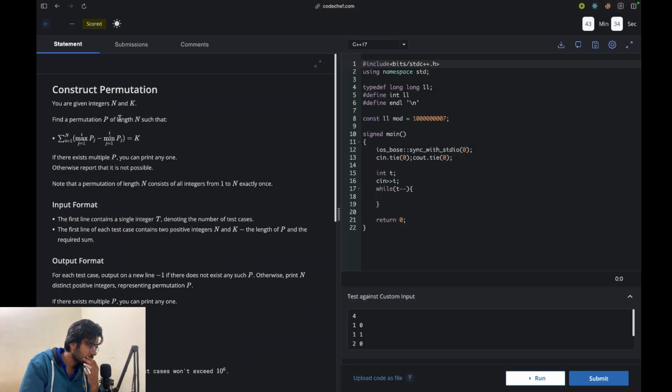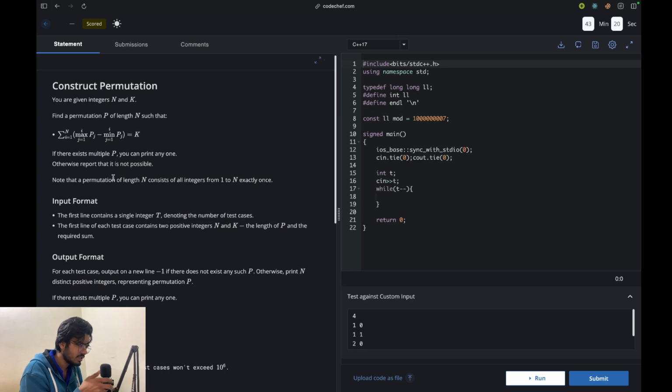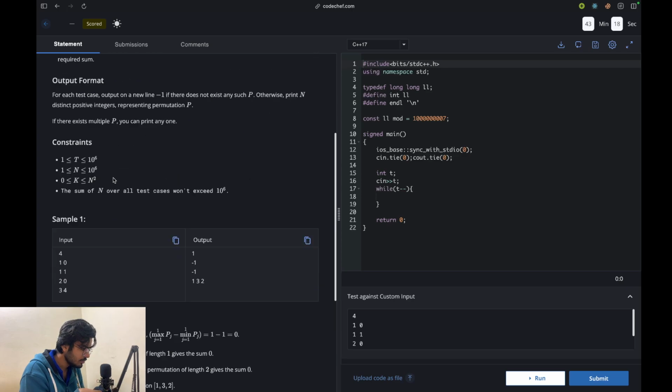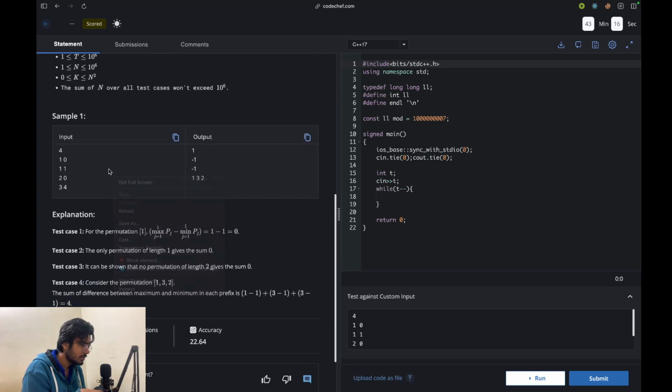You are given a permutation p of length n such that max of pi minus min of pj equals to k. If there exist multiple, we can print any one, otherwise report that it is not possible. Okay, so we have